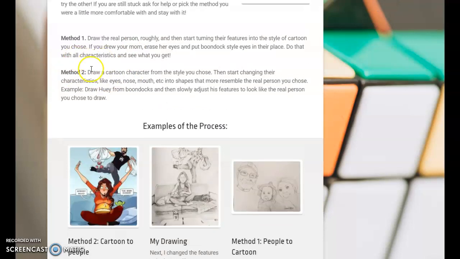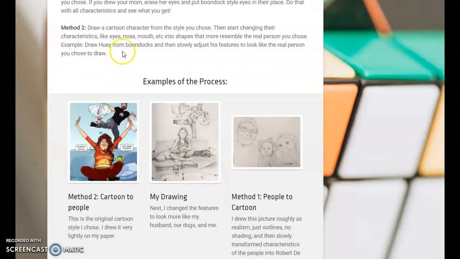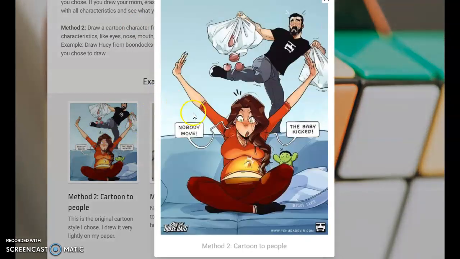All right, let's talk about method 2. You're going to draw a cartoon character from the style you chose, then start changing their characteristics, again, like their eyes, nose, mouth, into the more realistic person, their characteristics. So here's an example. This is a cartoon that I follow on Instagram. I love these artists, and this was a cartoon they put out, and I said, okay, I'm going to do